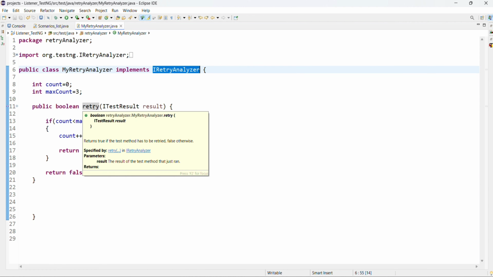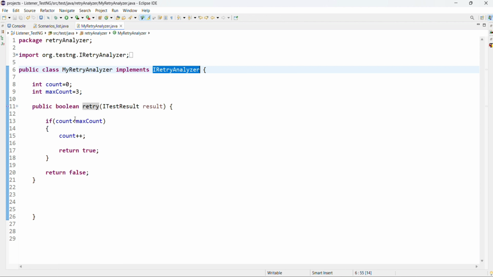Then this method comes, which we are implementing, already available under IRetryAnalyzer.